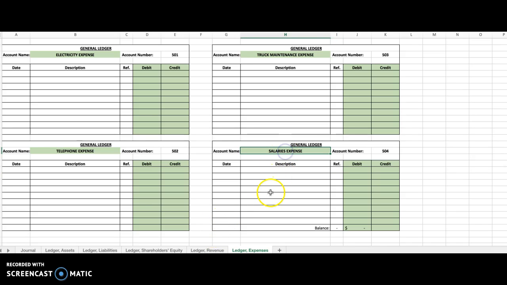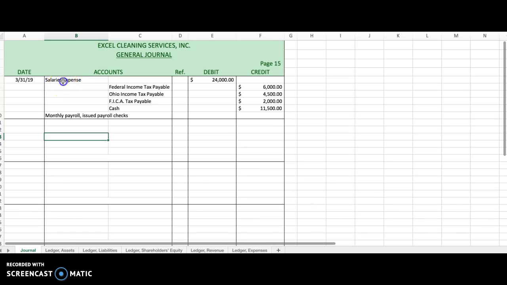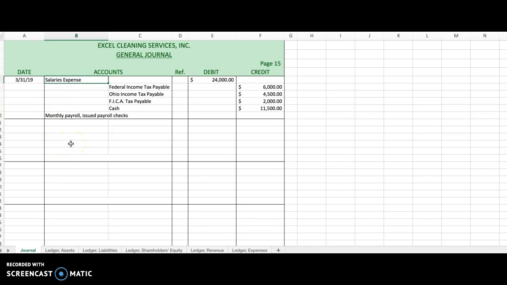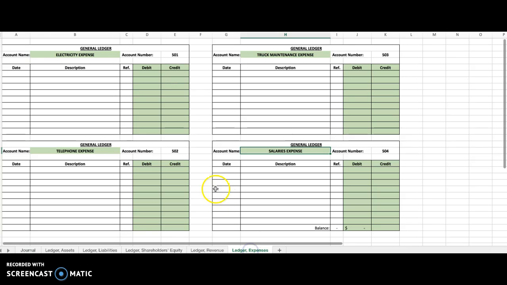We will be using this account, salaries expense, and as any expense, it is not showing a balance at this time, but we will be using it in this particular entry. So let's go back to the journal and let's do the posting. So first line says salary expense of $24,000 that's debited. So we would go to that